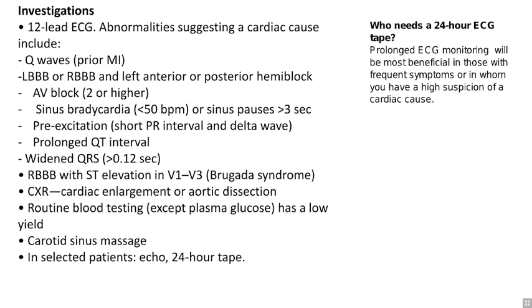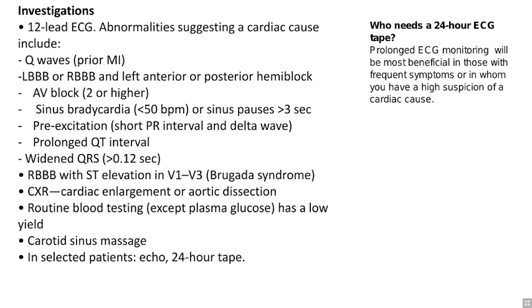Maybe left or right bundle branch block, or left anterior or posterior fascicular block. AV block, second degree or higher, may be a cause for syncope. Sinus bradycardia if heart rate is less than 50 BPM, or sinus pauses of more than 3 seconds may also be a cause